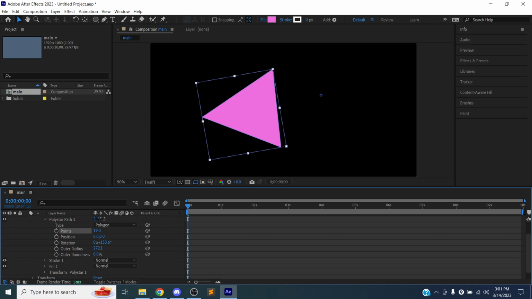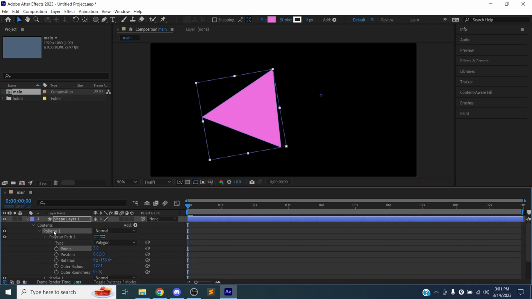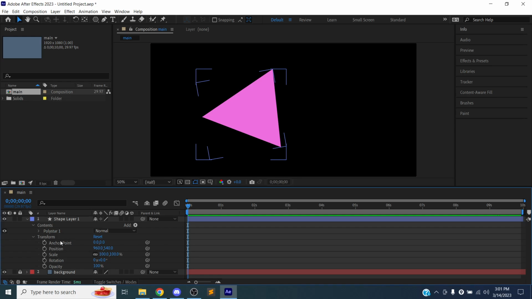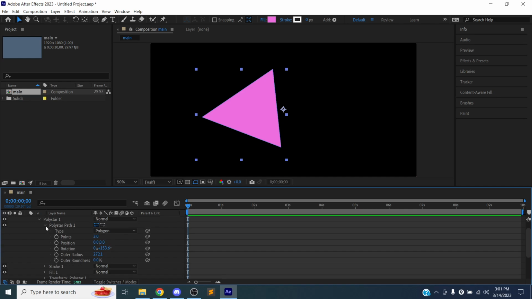And so I can animate the number of points over time. So let's set the number of points to 3. I can change the position. I can do all this stuff in here. But then it also has what's called the transform. And this is what we animated before with the anchor point, the position, scale, rotation, and opacity. So the transform can animate the shape itself as a whole, whereas the contents of the shape can be animated